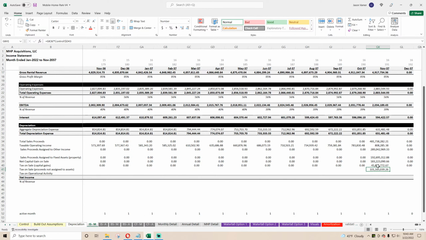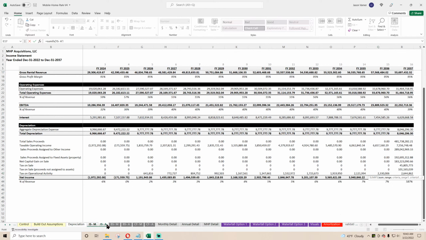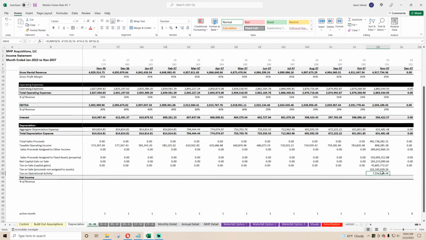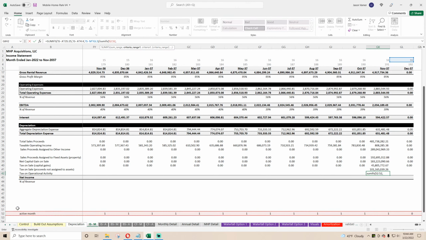So this is a tricky one. The 2.6. So sum up taxable operating income if the year matches the year here. So that's the total. $7,556. Okay. So total taxable income divided by this, if this is